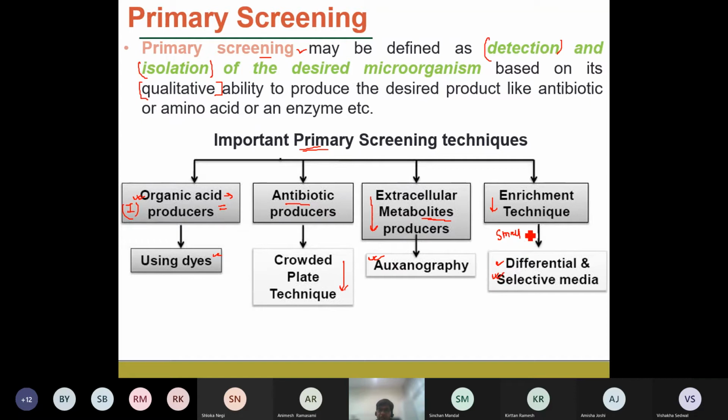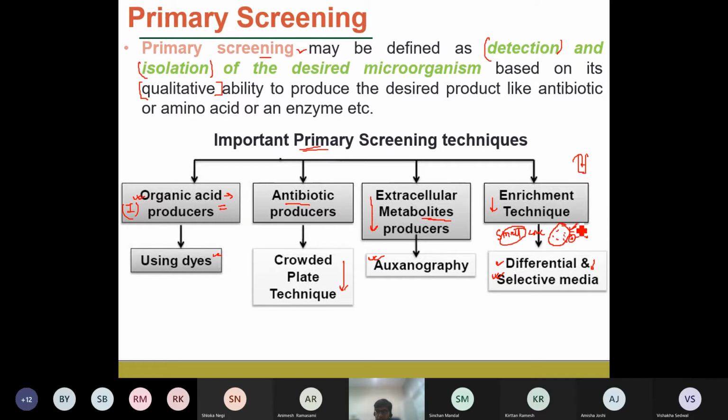Okay, so when we have a very small concentration of any particular microorganism, we add some sort of media component which makes it suitable for its growth. Suppose you have a mixture of microbes and one particular strain that you want to isolate. You prepare a culture media in such a way that this selected microorganism will grow suitably, and whatever other microorganisms are there will not have the ideal environment for their growth. If they don't get the ideal environment, they will be separated out.